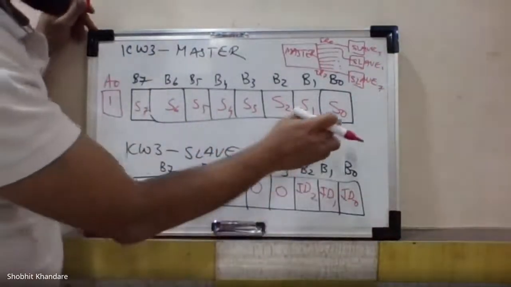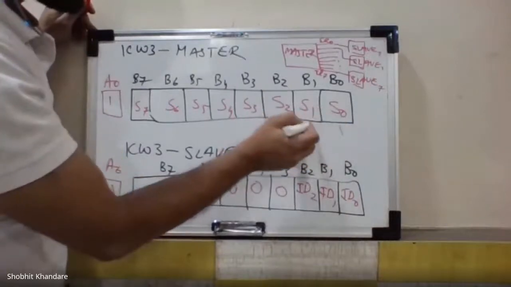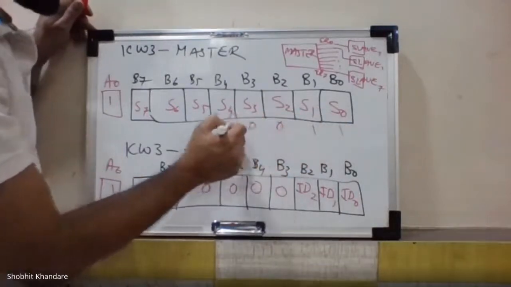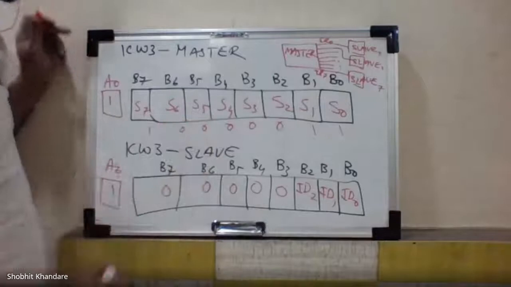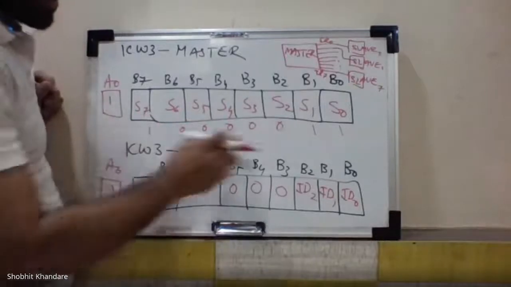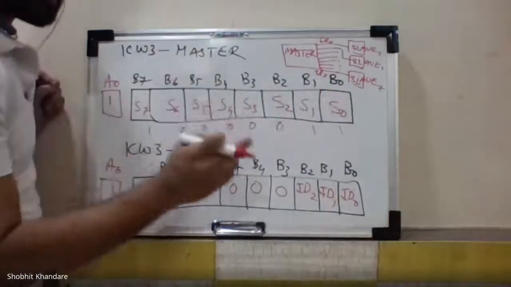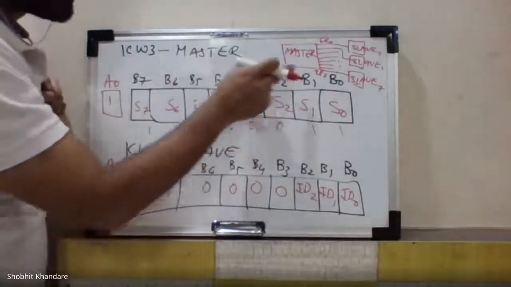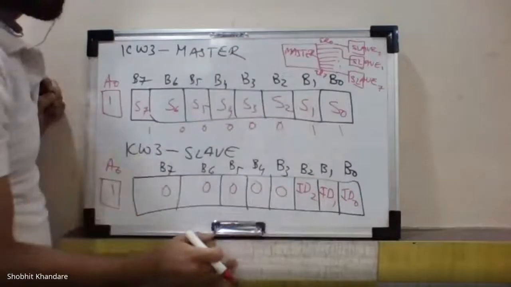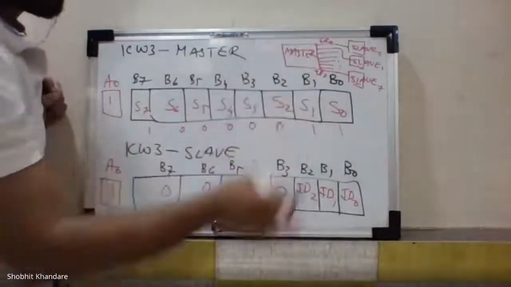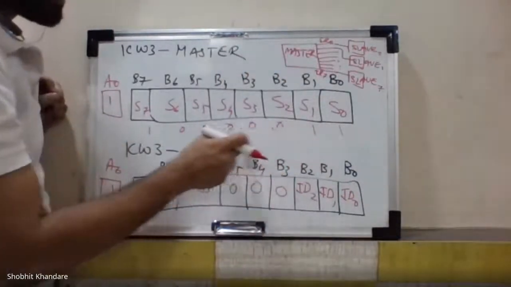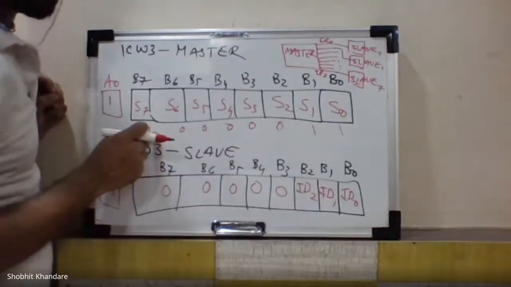So what will these bits be? This bit will be 1, this bit will be 1, these will be 0, 0, 0, 0, 0 and this will be 1. So can I say this is a control word which is set? This is just to tell you where your slave has been connected with the master, and exactly where, at which IR. So it tells you where the slave is actually connected to your master.